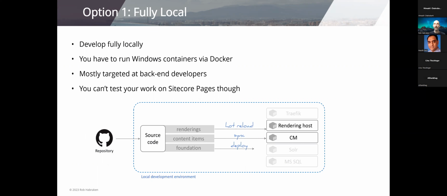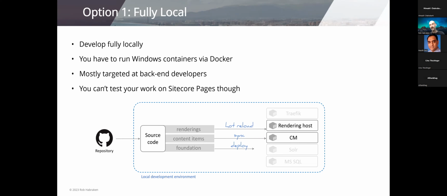is called fully local. And in this method, you are going to run the Windows containers provided by Sitecore via Docker on your own machine. This means, because it's Windows containers and your front-enders are probably running a Mac, that it's mostly targeted at backend developers. This is, I think, a blast to work with, because you have your containers running. You can hot reload your changes of your renderings into the containers, and you can use Sitecore content serialization to